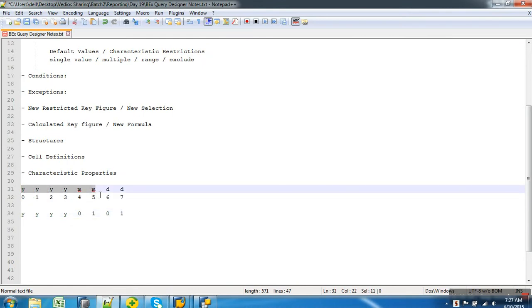I should pick the year and month both, because that gives me the current month and year. From there, append that with 01. That becomes the first day of the current month. Yes or no? If I take just the year and month, whichever month it is, and put 01, it gets me to the first day of the month. If from the current date I just pick the first 6 characters, it gives me the current year and month, and I just concatenate 01. That becomes the first day of the current month.